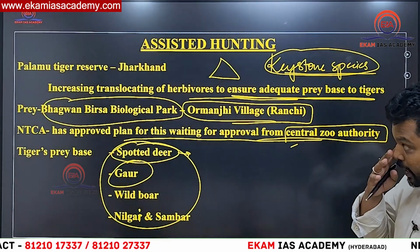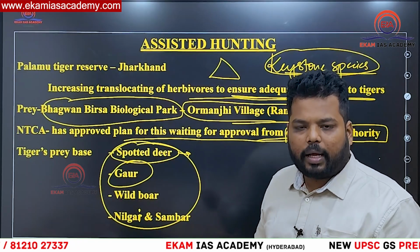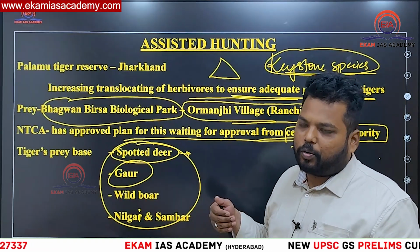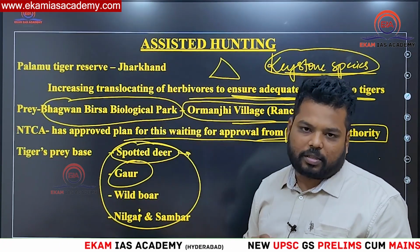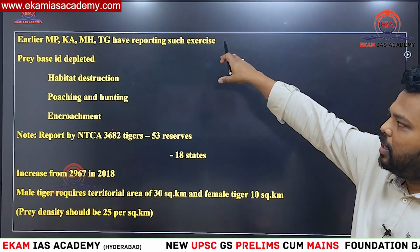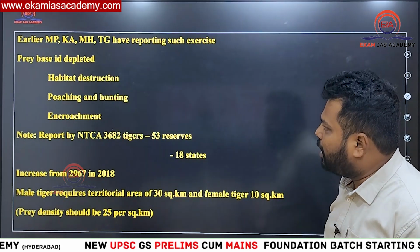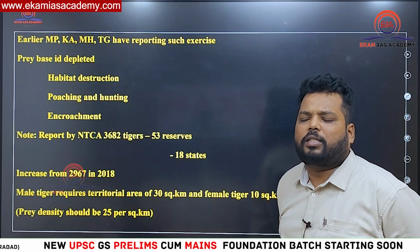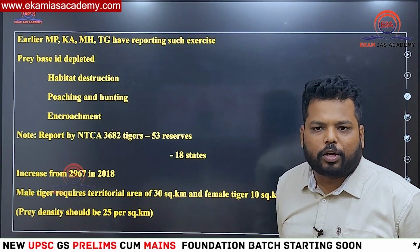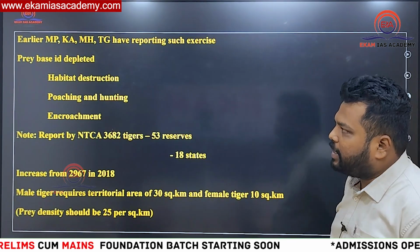This Palamu Tiger Reserve, which is experiencing this translocation of herbivores from one location to the reserve, is not the first instance we have seen. Earlier, instances have happened in Madhya Pradesh, Karnataka, Maharashtra and Telangana. They have been reporting such exercises of translocating herbivores to protect the predators of that region. And the prey base